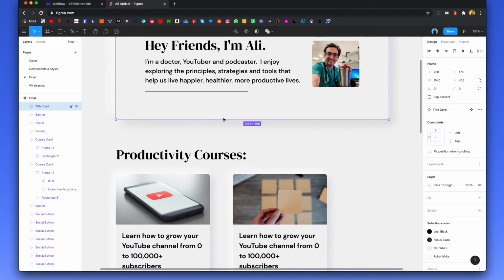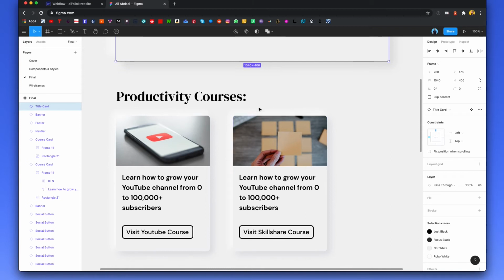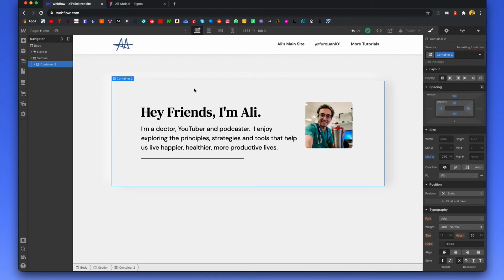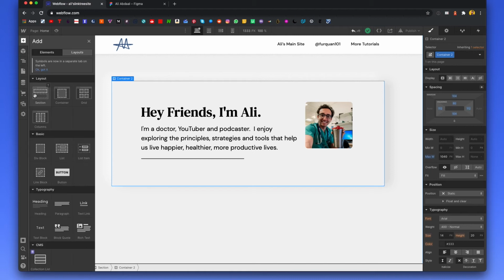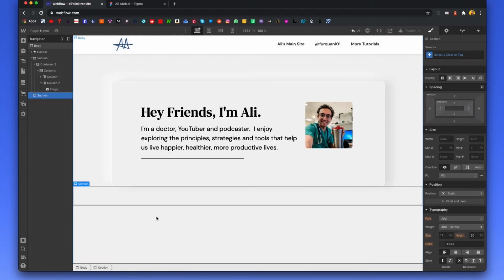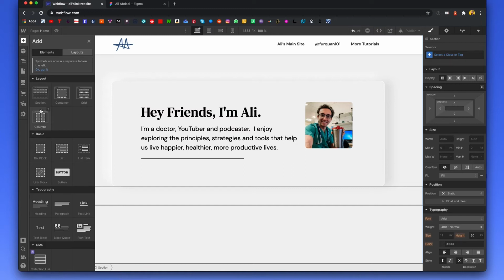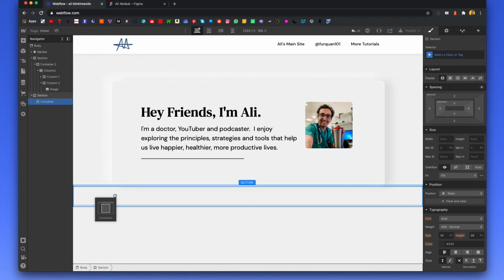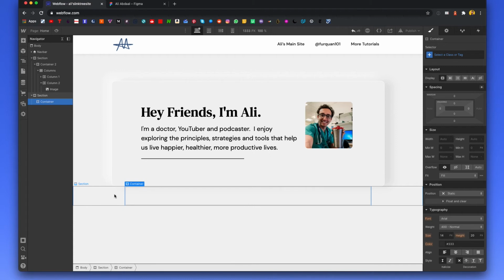So next up is the productivity courses cards. So to start with the productivity courses, it's best to add a new section. So go to the left, add elements, and we're gonna add a new section by dragging it underneath. And then we're going to add a container inside the section, just like we did before. And what we're going to do is add the